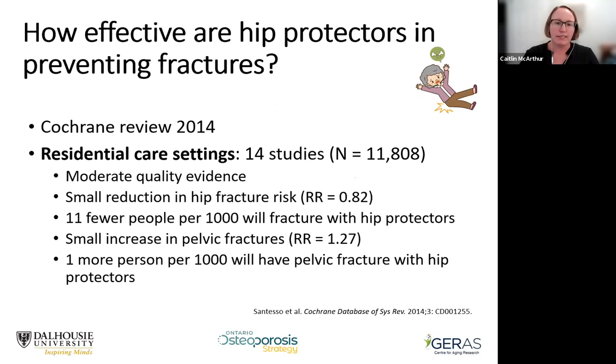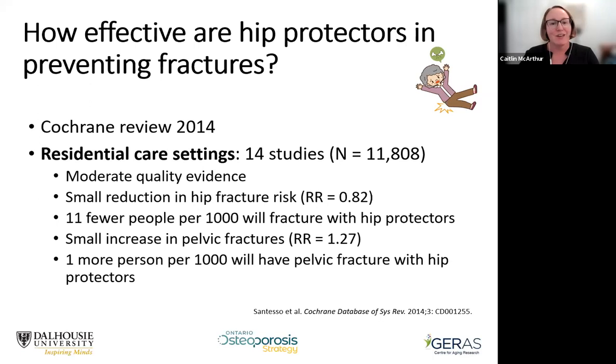The first was residential care settings, and they found 14 studies that looked at the effect of hip protectors in preventing fractures. The authors concluded that there is moderate quality evidence of a small reduction in hip fracture risk. Looking at how many fewer fractures there were, they found that there are 11 fewer people per 1,000 persons